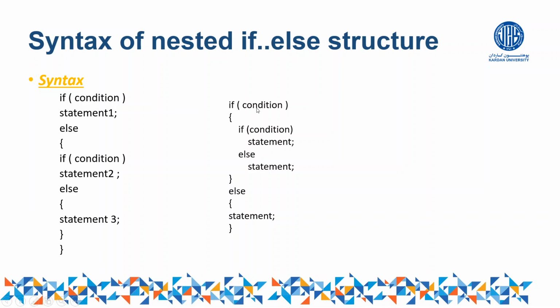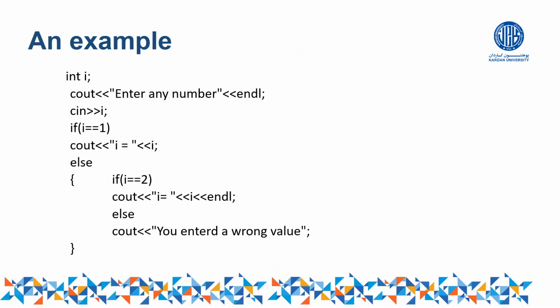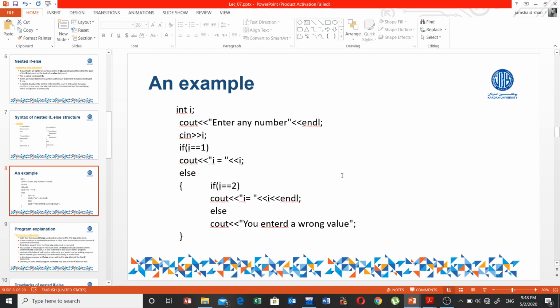So if this condition is false, then control will not execute these statements, but rather will directly jump to the else part, and whatever is written here will be executed. You can even put one if else construct, or many if else constructs, in this outer else part of the syntax. So let's try to write a simple program, and then we'll